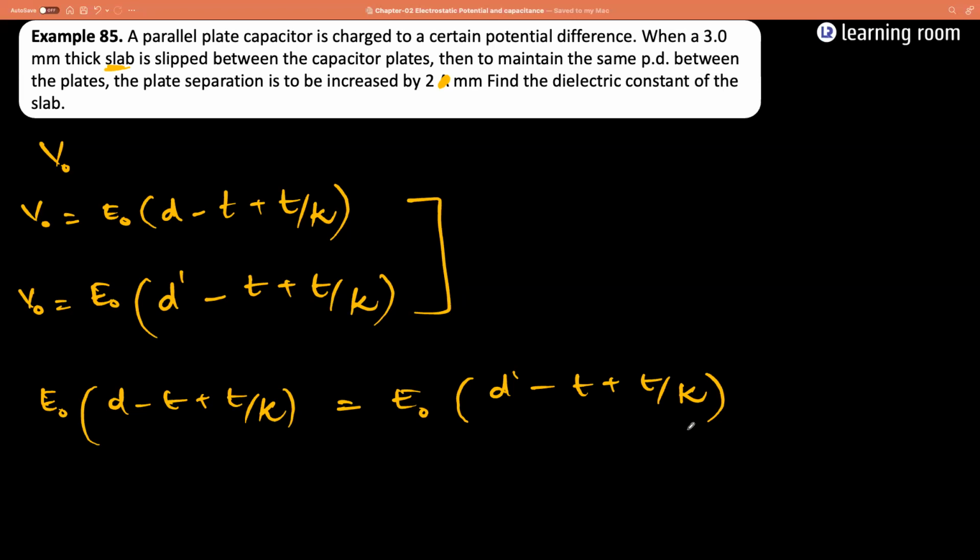So how much will the answer be? I'm getting D is equal to D dash. So to maintain the same potential, the plate separation is increased by 2 millimeter. The plate separation, plate means the gap between the parallel plates. So it will become D dash minus